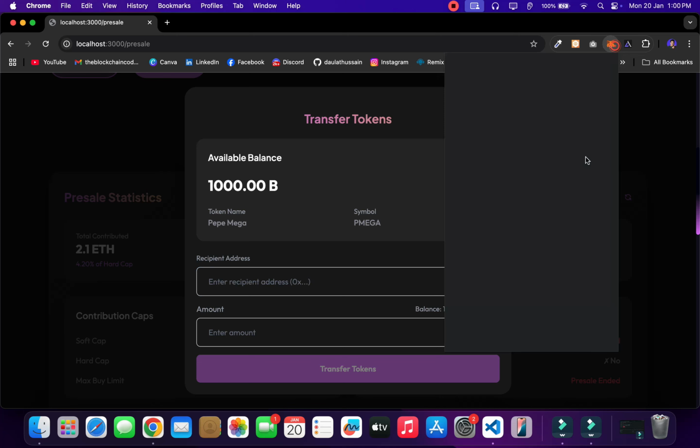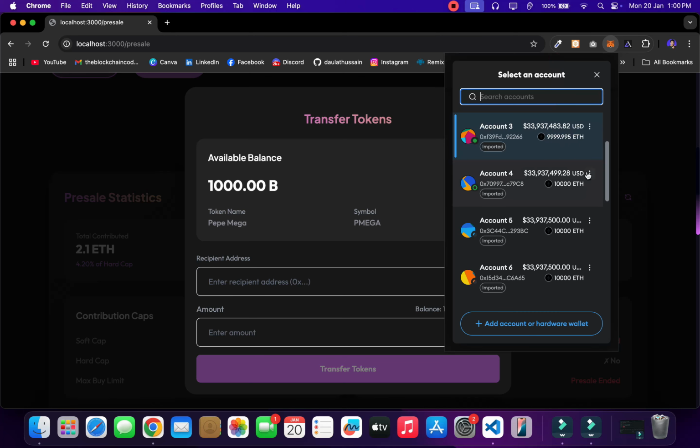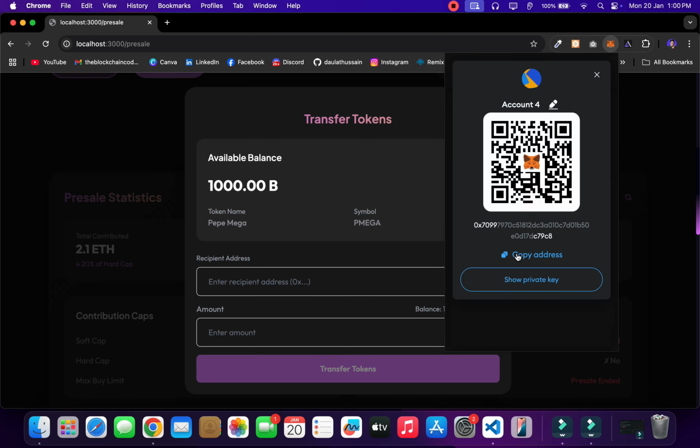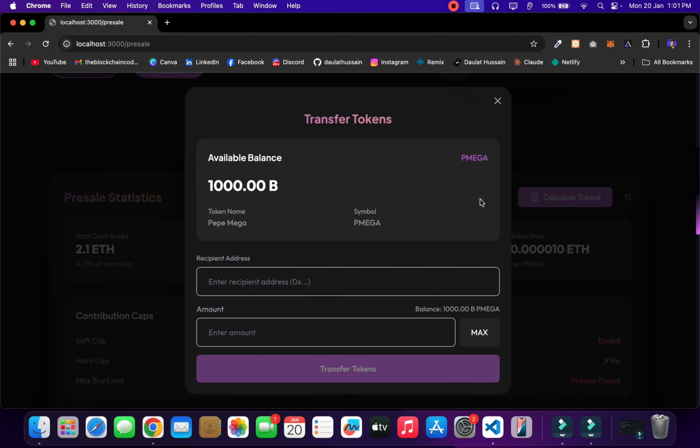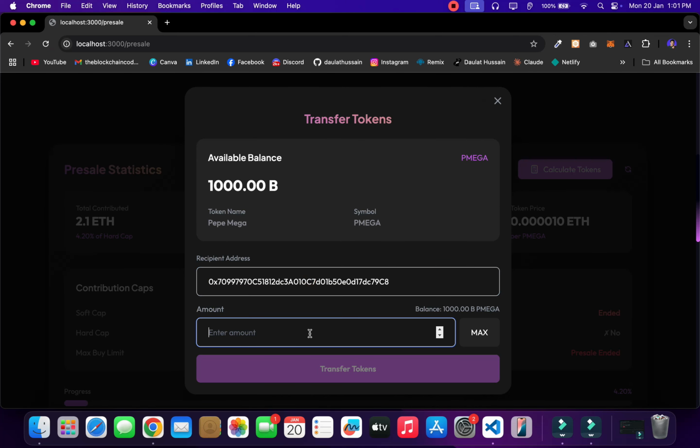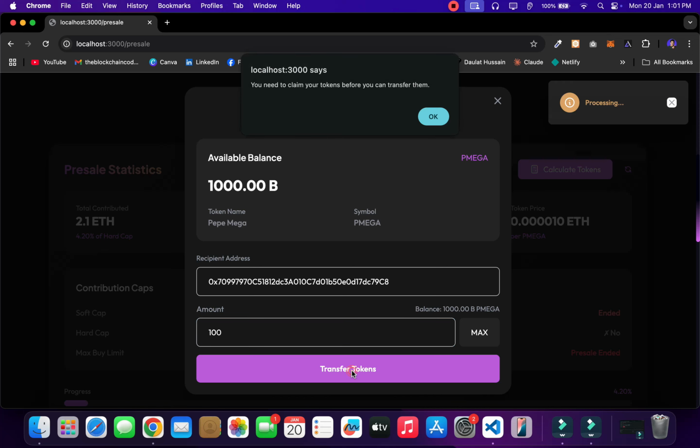I can simply give the address where I want to do the transfer. So I can simply come back here, get account number 4, get the details, copy the address, and paste it here. I want to transfer 100 token, and the transaction will fail. We cannot use this component because the presale failed. This is the advanced security level we have added. So click on this, it failed